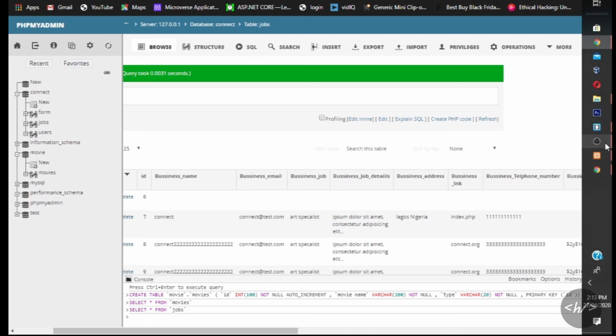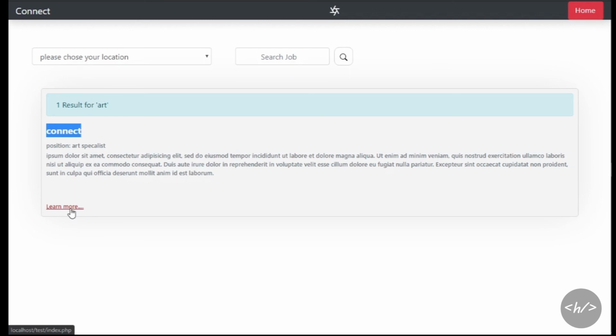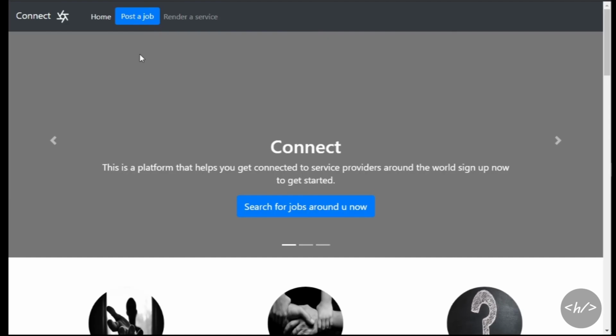So let's go here and click index.php and see where that takes us. index.php will just take us to the main website, because I don't have a real one. This is just a test. So it's going to take us to the main website, or the index page of the website. Let us wait for that to load. And see, it takes us to the index page of the website.